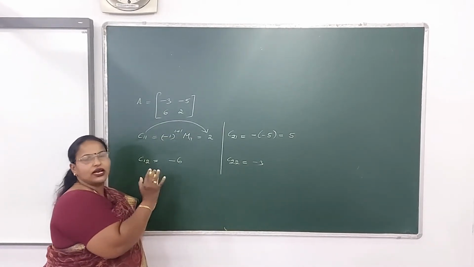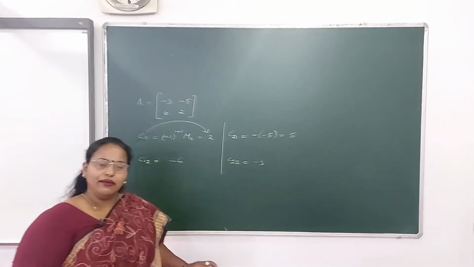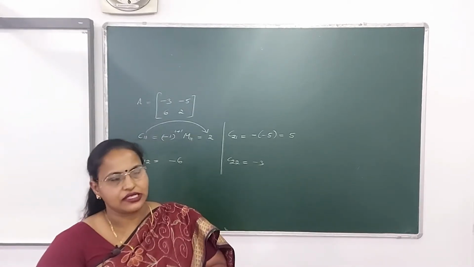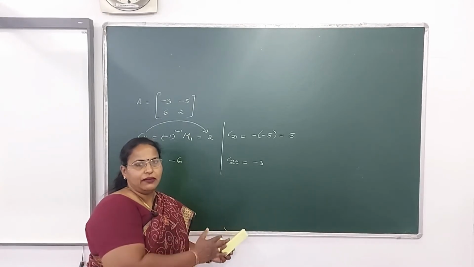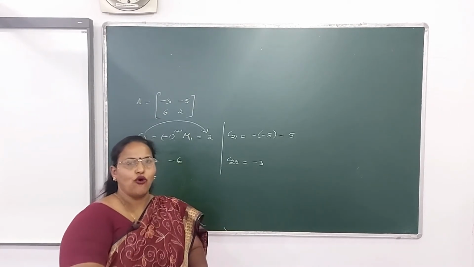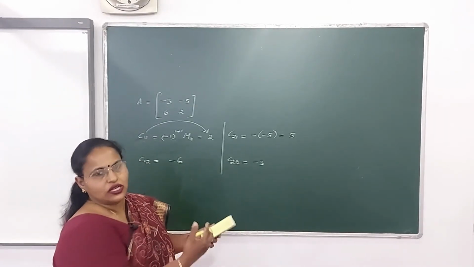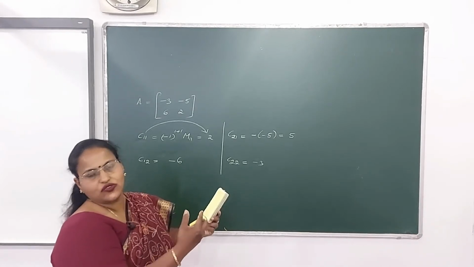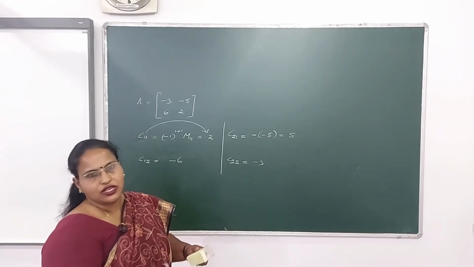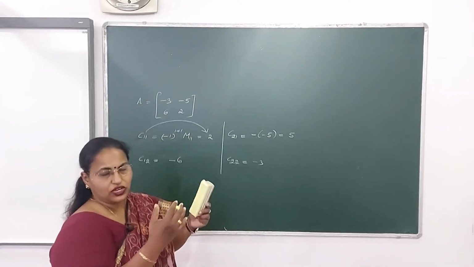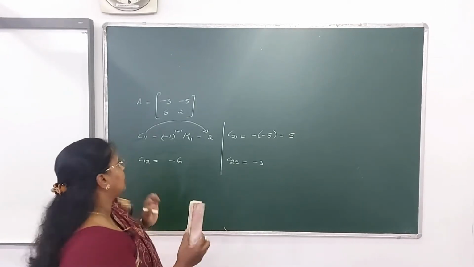So this is the complete procedure of finding the cofactor of an element of any square matrix. I hope children you are getting the concept clear: element, its minor, its cofactor. We'll be doing this because you will be requiring it for finding the determinant as well as the adjoint as well as the inverse. In all the questions mostly you will be requiring all this, so you should do the practice properly.